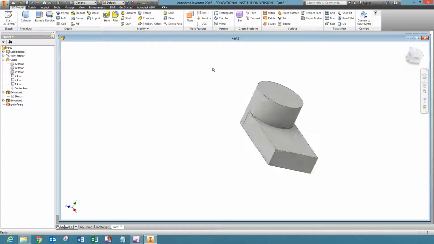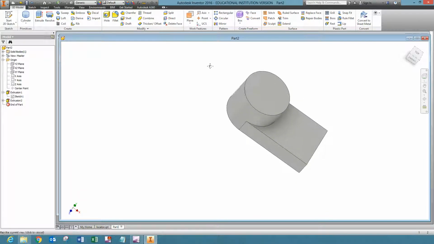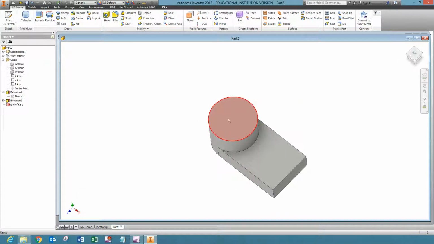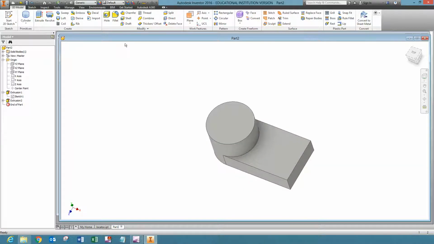Okay, so there we go. Now I want to do another cylinder. I want to create the hole right here in the top. We could do it as a cylinder and a cut. We could do it as a sketch. Either way, I'll go with sketch